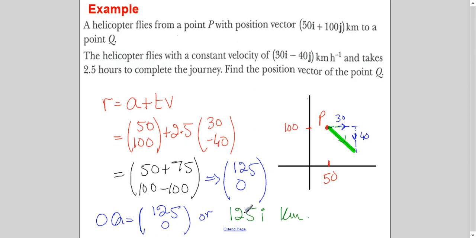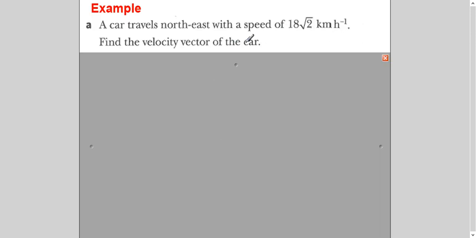And you will get the position of Q where it is after 2.5 hours. Let's see this example. A car travels northeast. Now northeast means exactly in the center, making 45 degrees with this speed, 18 root 2. So if we split it up into